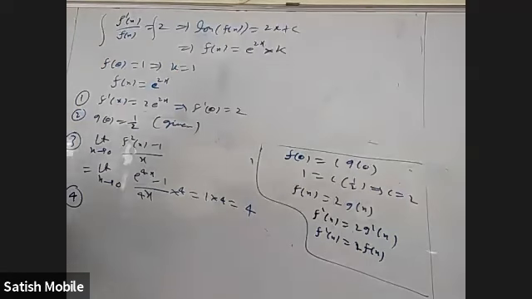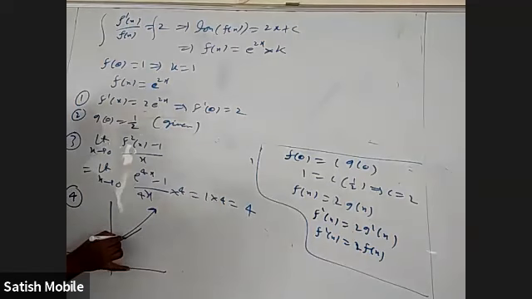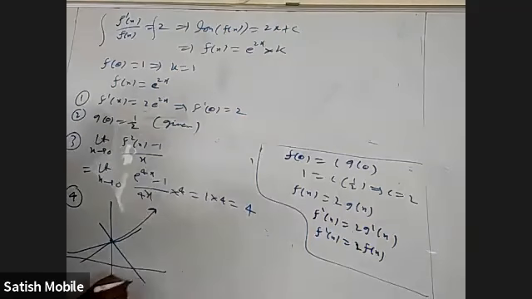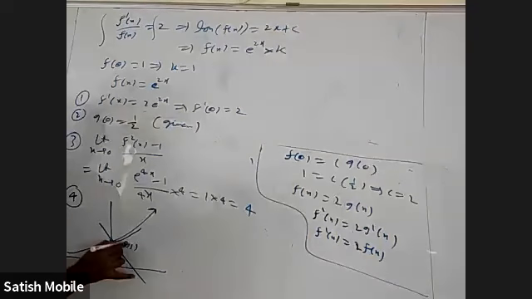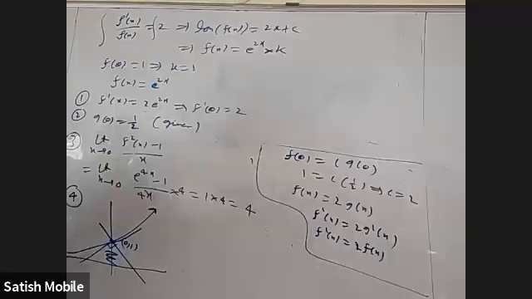Fourth question. The area bounded by the x-axis, the tangent and the normal to y equal to e power 2x at the point where it meets the y-axis. That is 0, 1. So basically the y equal to e power 2x graph is like this, where it meets the y-axis at 0, 1. There I'm supposed to draw the tangent and also the normal and the x-axis. What is that area? This whole area they want. This point is 0, 1 and the slope of the tangent, f dash 0, is 2.